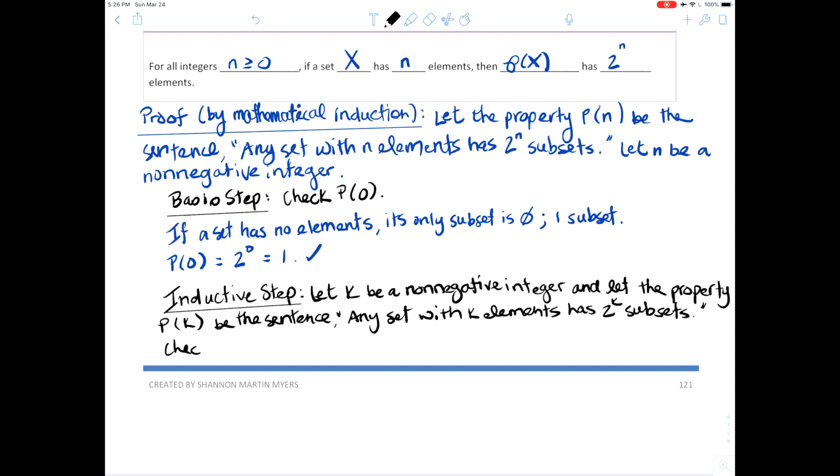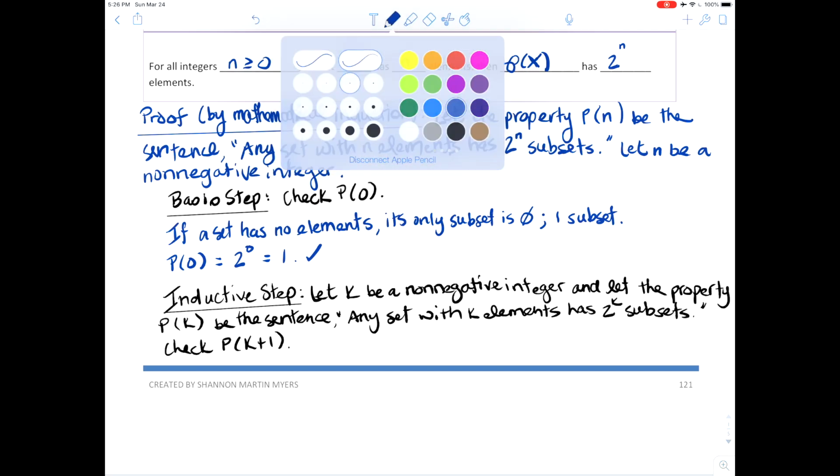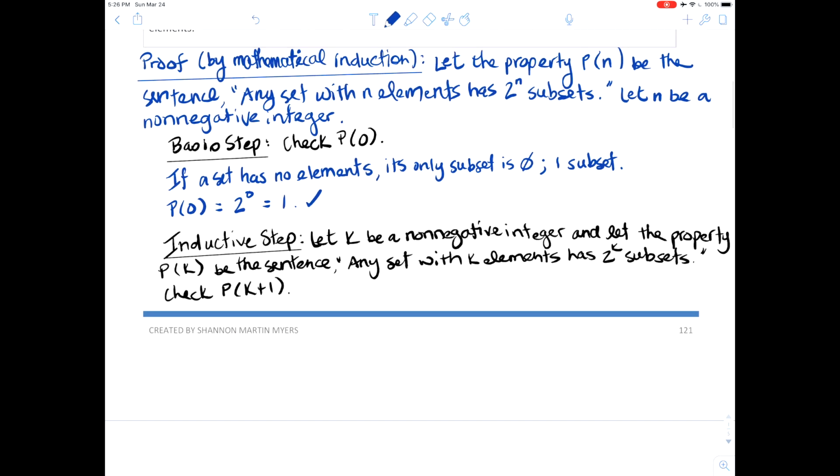Good, we need to check our property at K plus 1. So this one will be a little bit more complicated, but not too bad. What we need to do is identify some element that belongs to the set X. And then we're going to use the set difference property along with union to get this proof to fall out